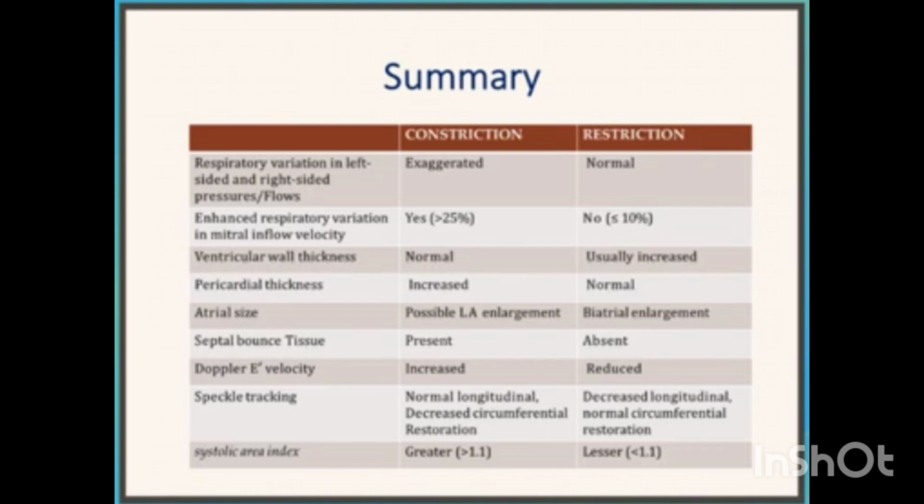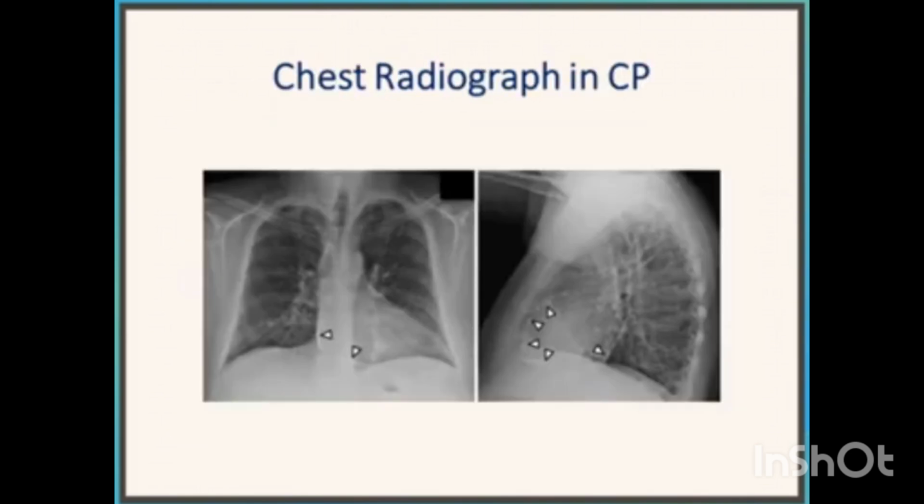As I already mentioned, the mechanism which may be present in 2D echocardiography in CP won't be seen in RCMP. The Doppler E' velocity is increased, especially the medial one, in CP, and they are reduced throughout in RCMP. And the systolic area index is greater than 1.1 in CP and it's always less than 1.1 in RCMP. So I'll end the talk with a simple X-ray which sometimes gives a clue or a